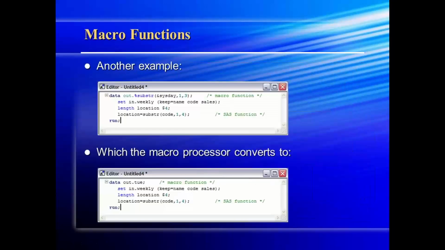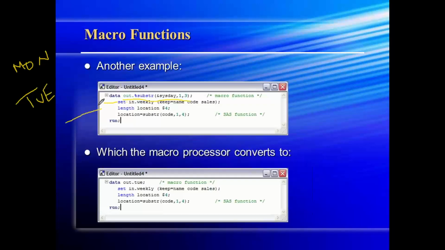So how do we do that? Let's see with an example. Here we are writing data out.%SUBSTR of &SYSDAY 1, 3. I'm going to generate a report every day of the week. I want to create a report on Monday, Tuesday, Wednesday, so I don't need to create a table manually every day.